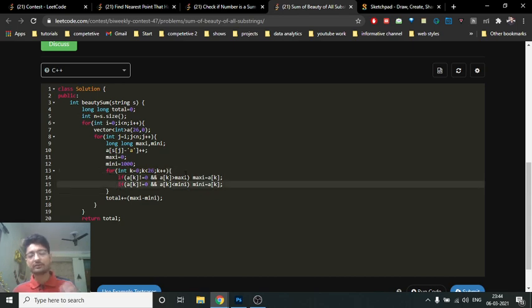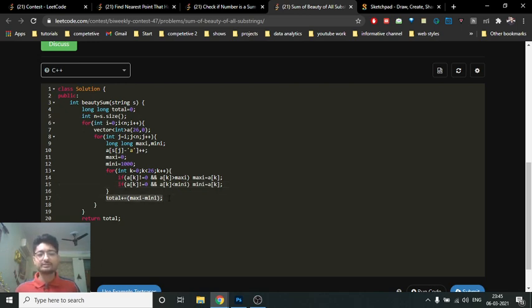We also have to ensure that the value should not be 0, because for finding the minimum we'd otherwise take the 0 value also, but 0 means that the character is not present at all. So we have to find the minimum among all the frequencies which are present. If the character is not present, the frequency is 0, but we don't have to count it. We just iterate over all the frequencies, and if that character is not there, we don't count it. And we update my minimum and maximum by iterating over the 26 characters.